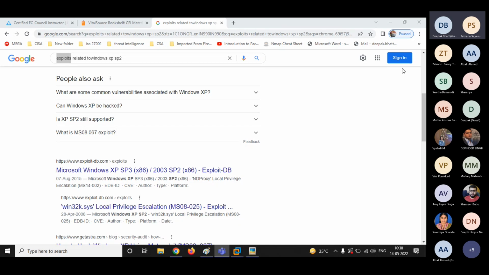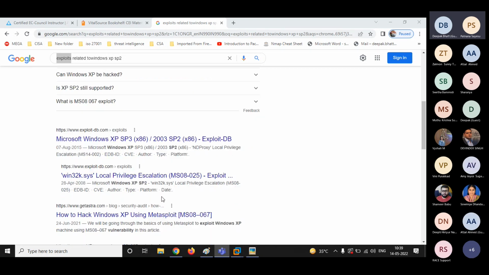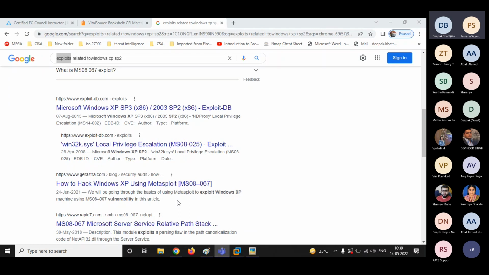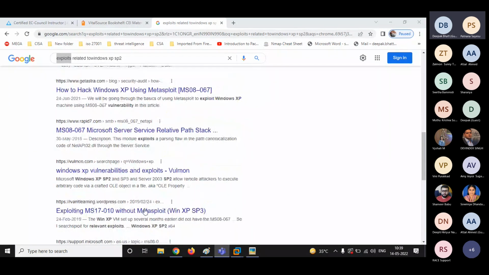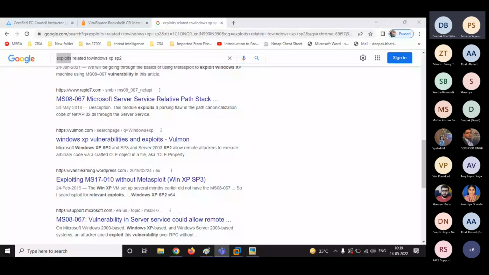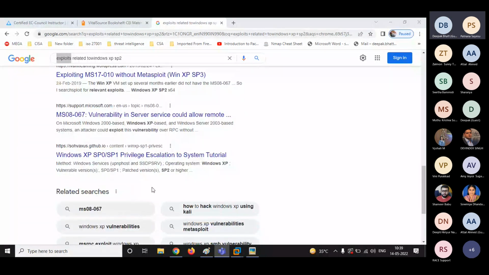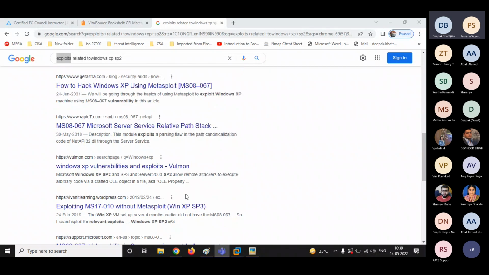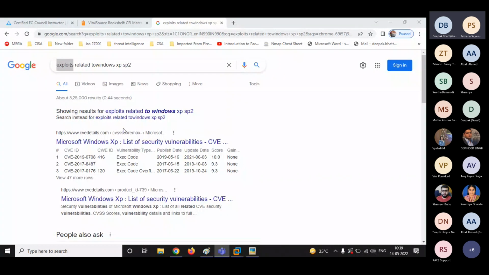This is one of the vulnerabilities that we are getting, right? Then we have another one, MS17-010. Then we have another one. Okay. These are the vulnerabilities and exploits that your browser is showing, right? Am I clear?